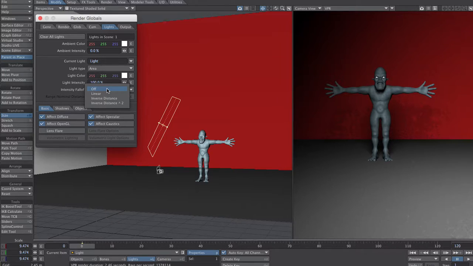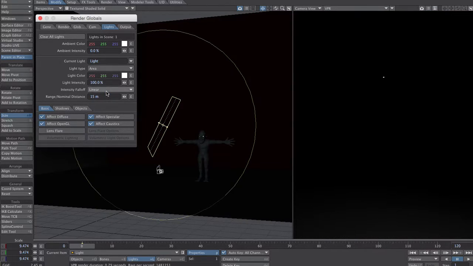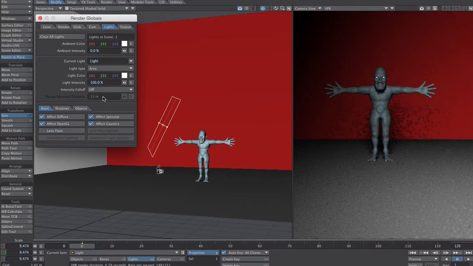This also has an intensity fall off that we can set up. You've already seen that, so I won't bother with it, but yeah, very controllable light source with beautiful shadows. As you can see, the shape represents kind of like a window. Similar also, if you're a photographer, to a bounce card, if you've ever worked with one of those. All right, let's move on to